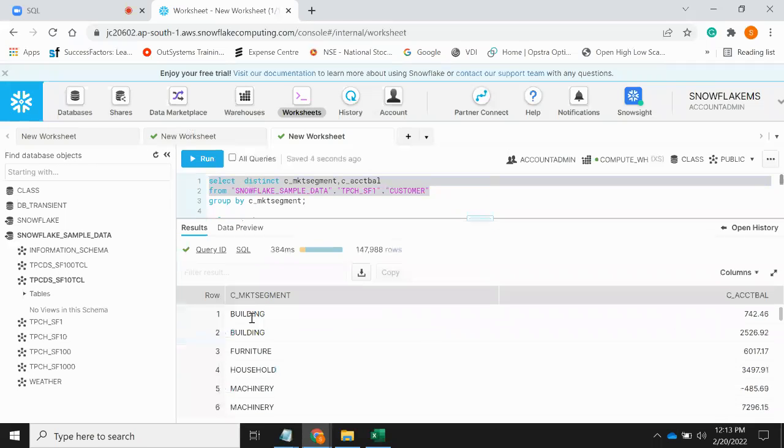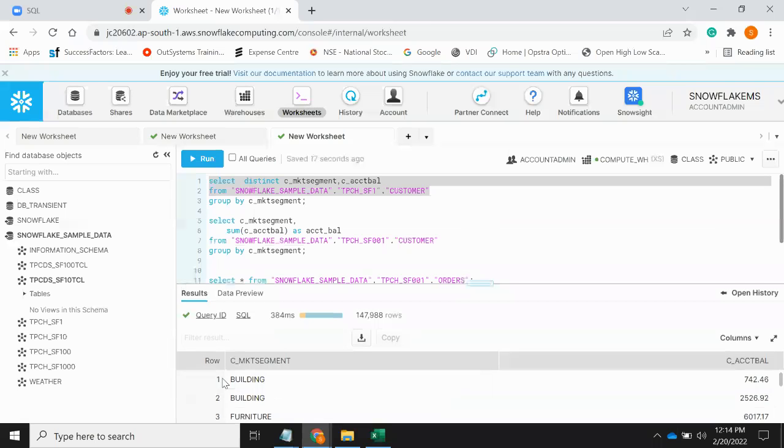See this one, building market segment, the account balance is different. Furniture, and in the same way the account balance is different. What we are trying to do is, for this particular market segment, complete building, find the total account